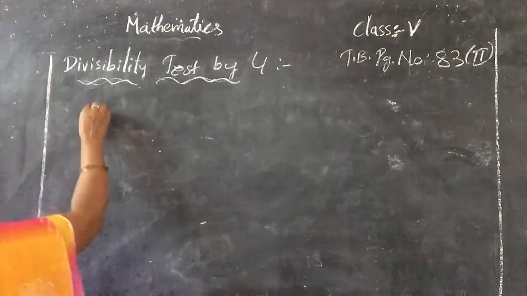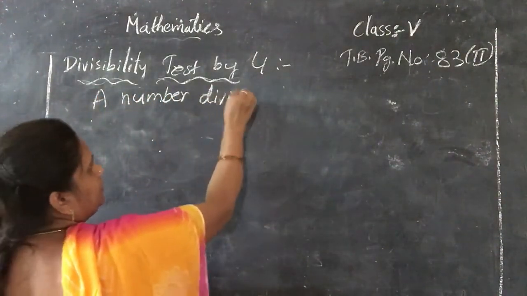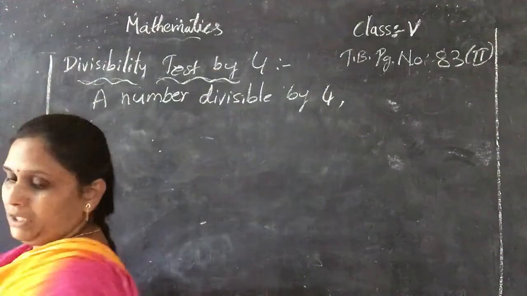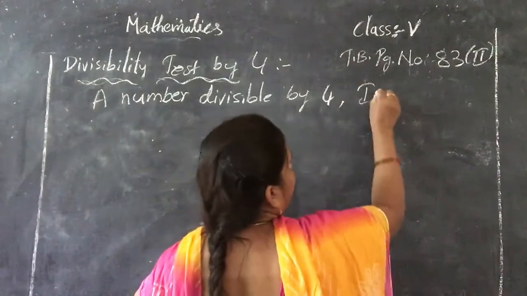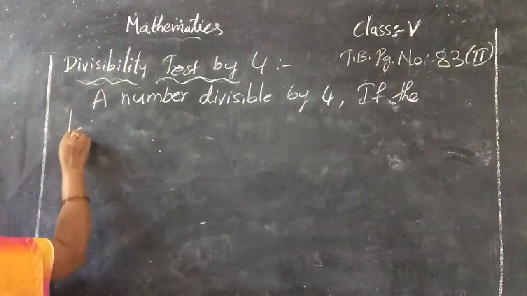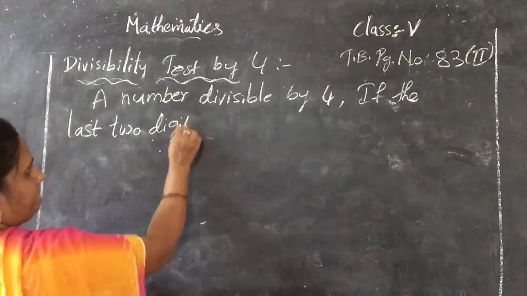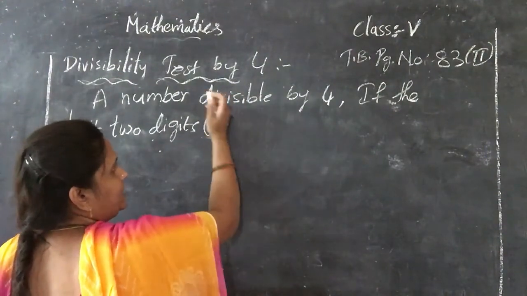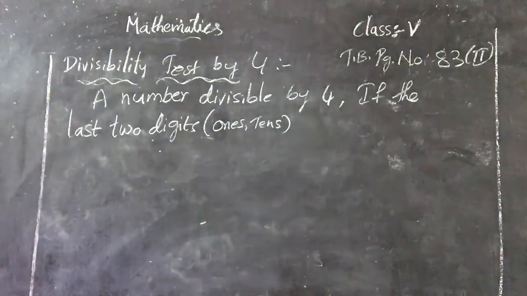A number is divisible by 4, if the last two digits, in bracket you can write one sentence, last two digits